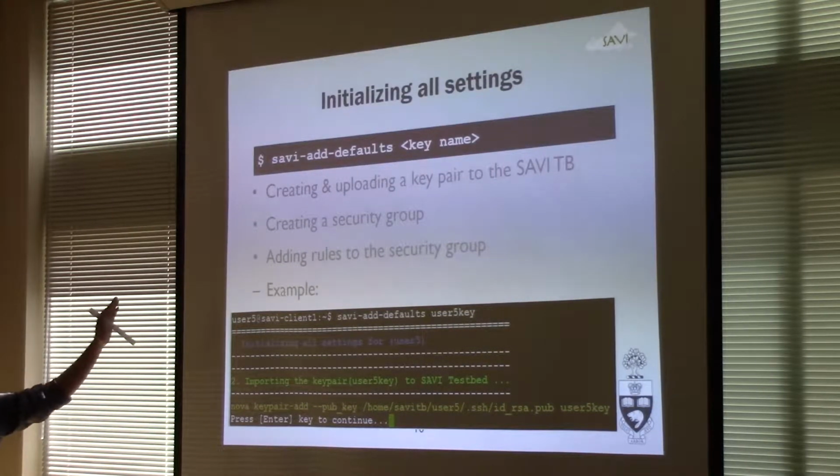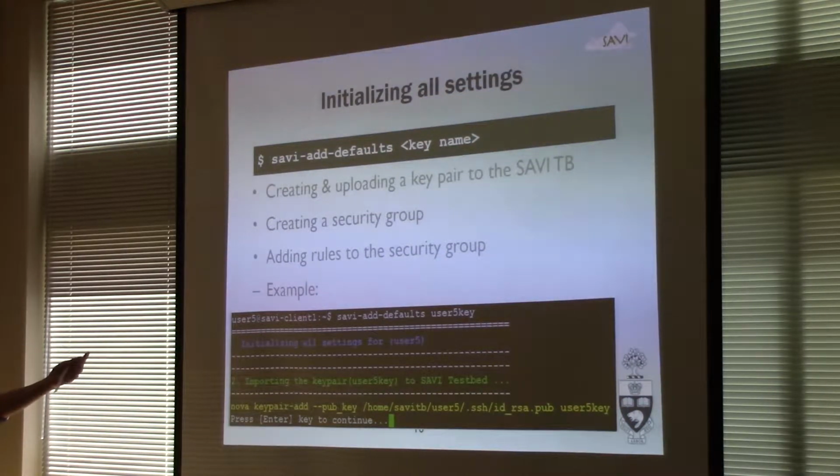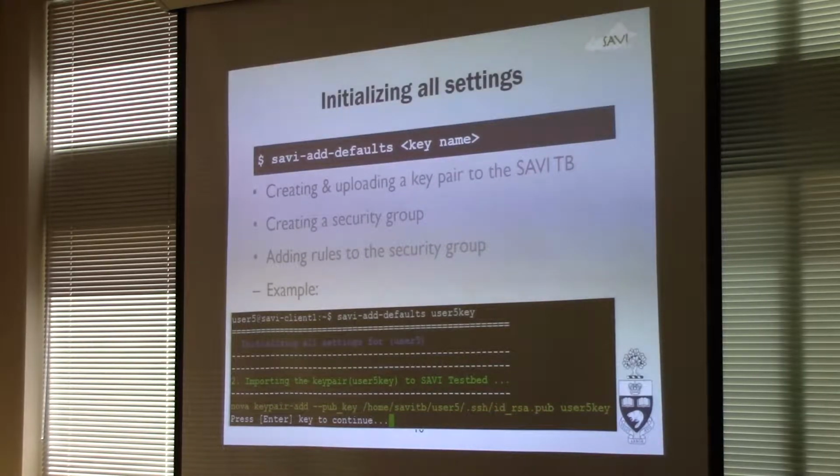When you run this script, it'll create, if it hasn't already, and upload a new key pair to the SAVI testbed, and then it'll also create a security group for you. The security group essentially tells the cloud to allow SSH and also, I believe, ICMP for pinging your VM. Then it'll add rules to the group. So if you run that,